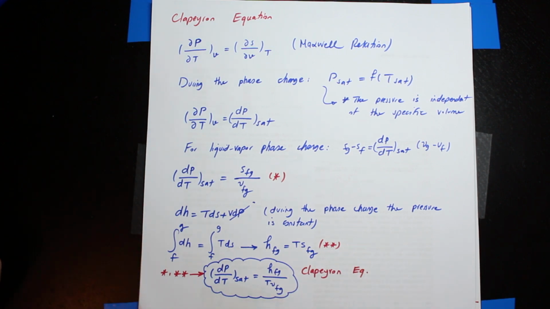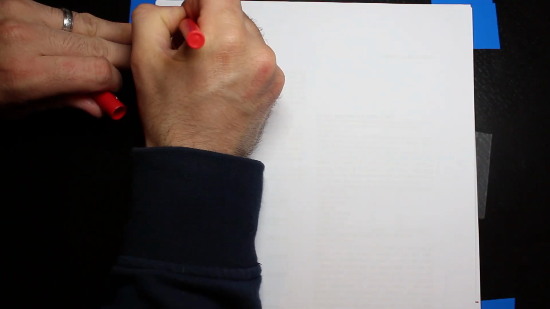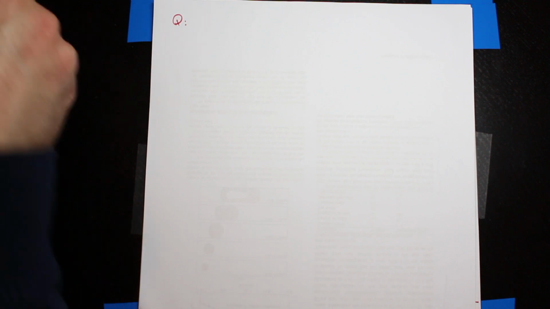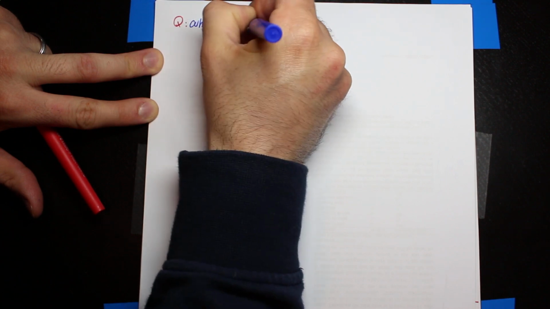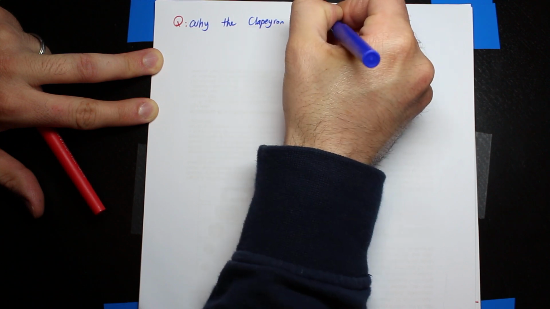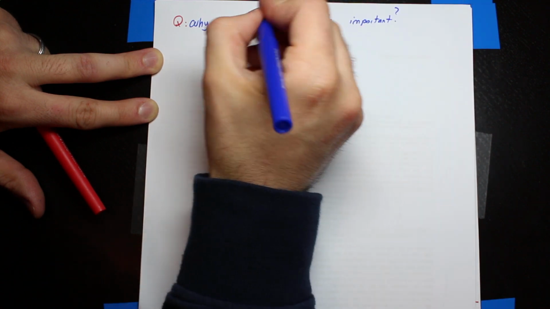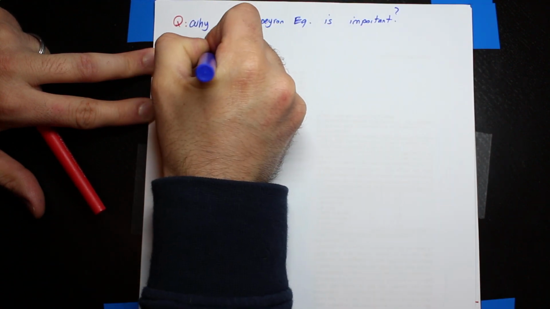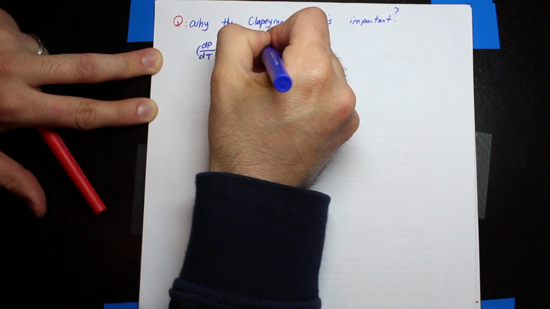Now the question is, why is the Clapeyron equation important? That's the question. So let me go to the next page. Question: why is the Clapeyron equation important? Basically, by saying Clapeyron equation, I mean why dP over dT during saturation or during phase change being equal to Hfg over